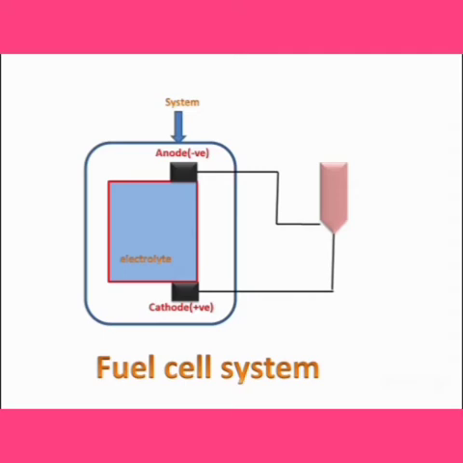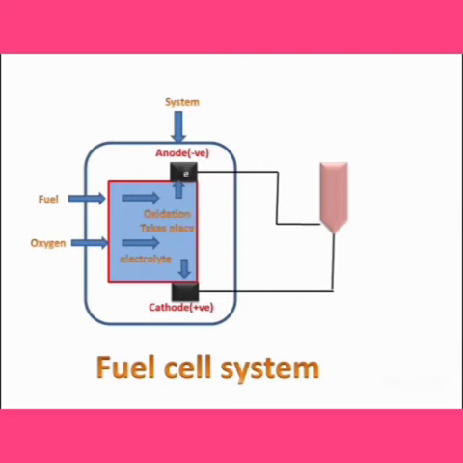Fuel and oxygen are applied from the outside. Fuel will go towards the anode, and oxygen will go to the cathode. Oxygen will go to the positive charge and fuel will go to the negative charge. Now, the oxidation will take place. By the oxidation, fuel releases energy which is directly converted into electrical energy.